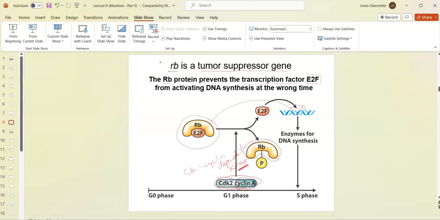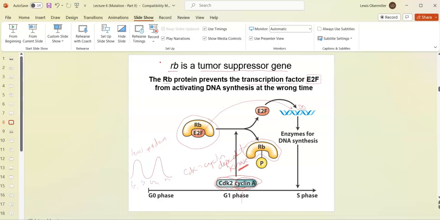And cyclins are named for the way they behave through the cell cycle, right? They go up and down. Their level goes up and down throughout the cell cycle, depending on what phase you are in, G1, S, G2, and so on. And that's why they were named, because they cycle through the cell cycle. That's why they're called cyclins. Okay, so anyway,